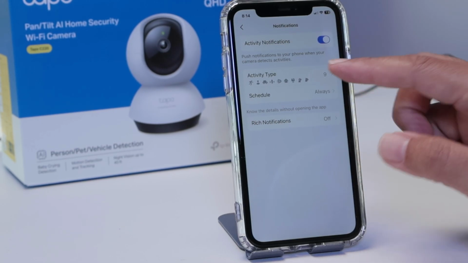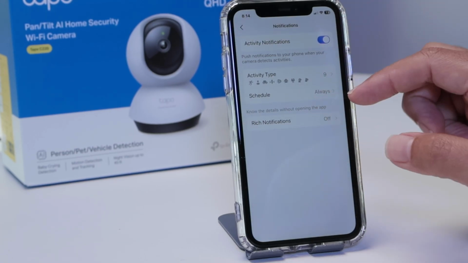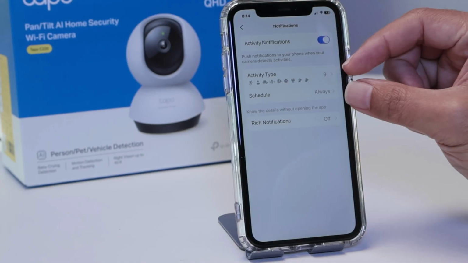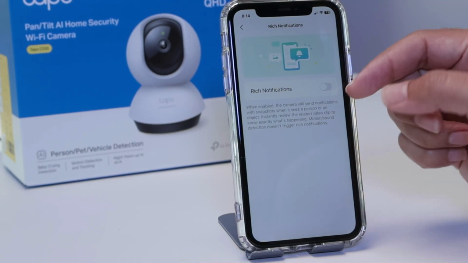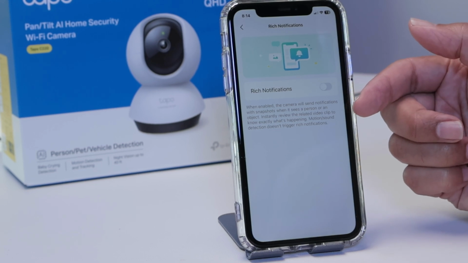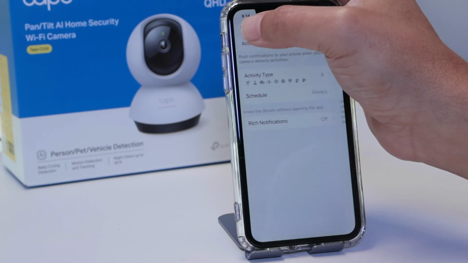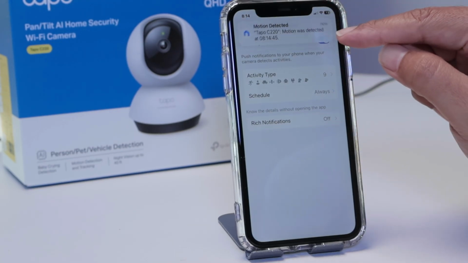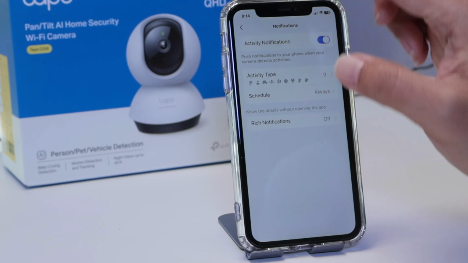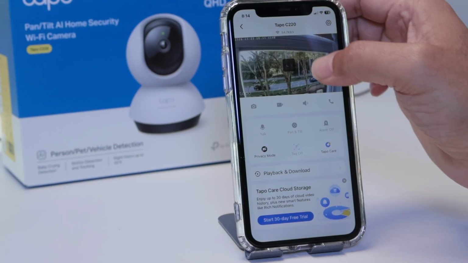Just make sure that you enable here what you want, then come to the schedule and put always, then you can test, and later you can adjust. There's also rich notification if you want to receive the snapshots as well. Something else is that you need to make sure that's enabled here. I'm getting a lot of notifications here. So back here to